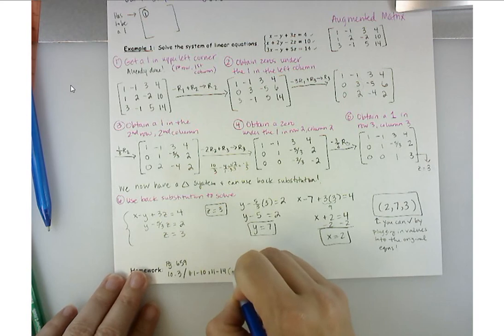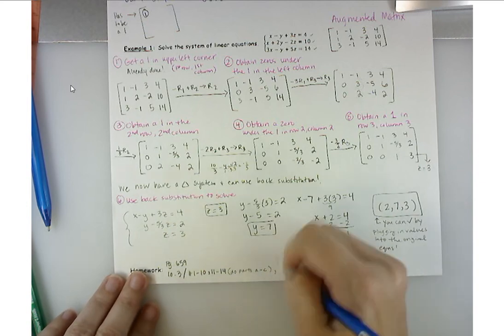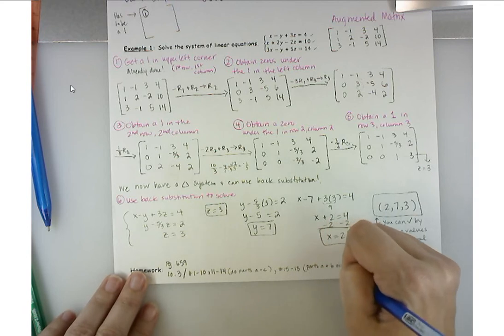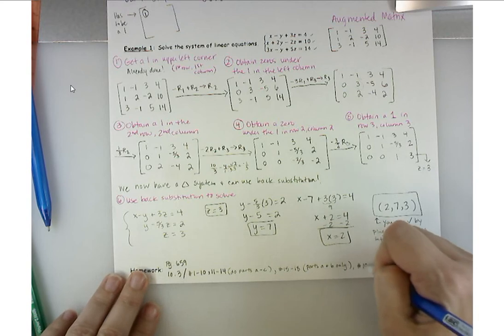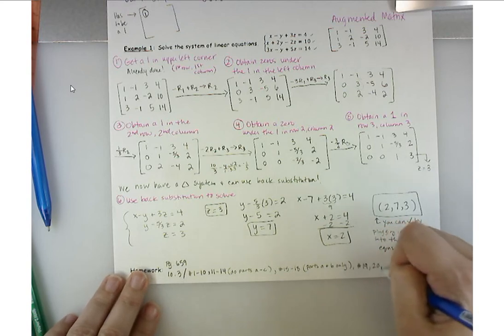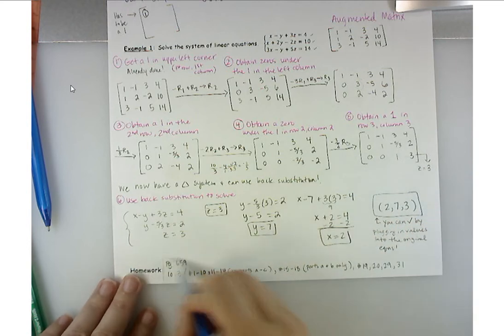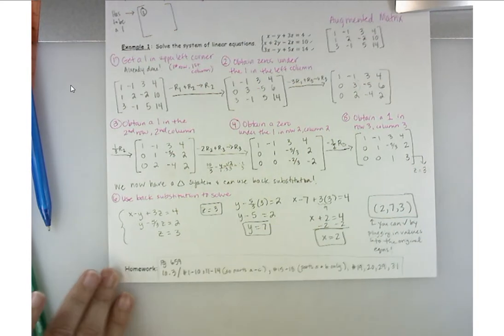For 11 through 14, you're going to do parts A through C, but for 15 through 18, you're going to do A and B only. All right, and then you're going to do 19, 20, 29, 31. Okay, and then I'll put your book up so you can